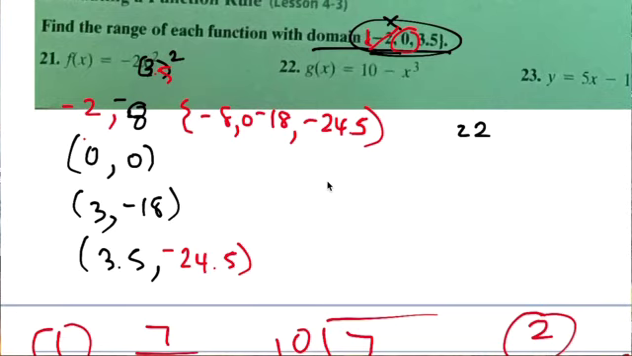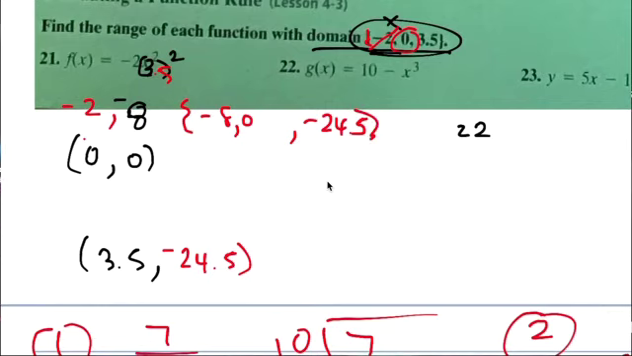Oh, 3 is not one of them. It's just these 3 answers. I don't know why I put 3 in there, but these are the 3 answers. Not parentheses. Also, they write it in sets. Okay. So